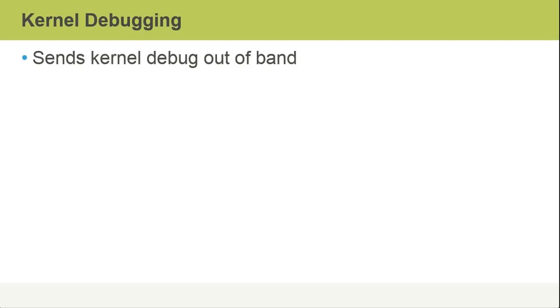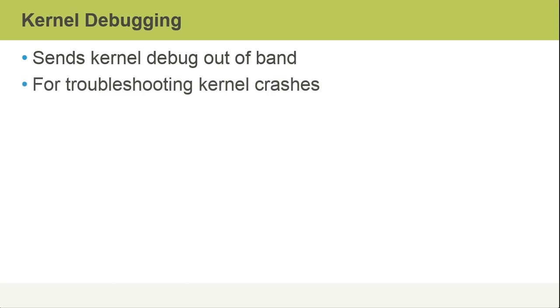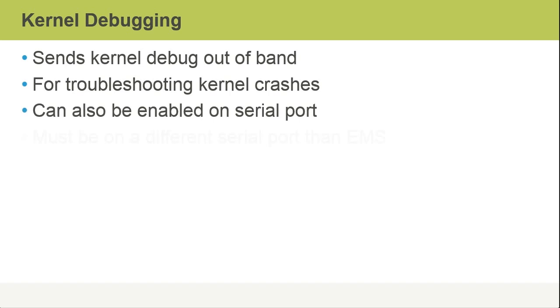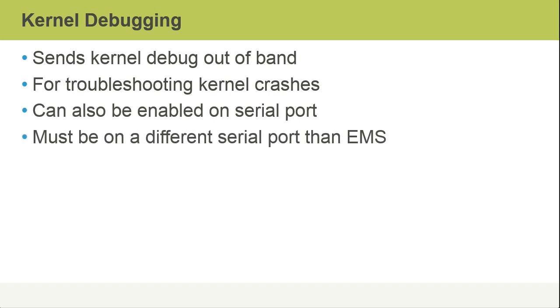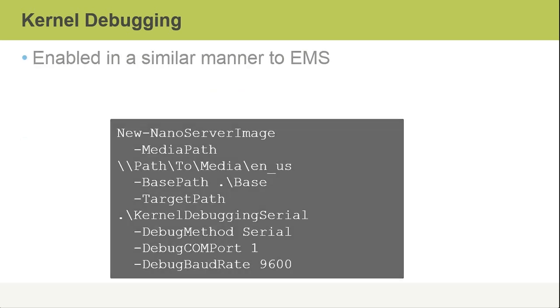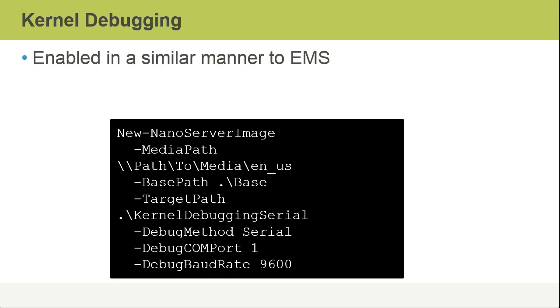Kernel debugging sends kernel debug messages out of band, such as through a serial port. This is used for troubleshooting kernel crashes, but it must be used on a different port than we might have already configured for EMS. So we can enable kernel debugging using the same script that we would enable EMS with. That's the New-NanoServerImage script. However, here we would specify that we have some kernel debugging options through a serial port using a specific baud rate. In this video, we discussed